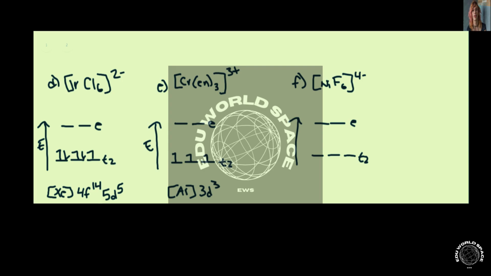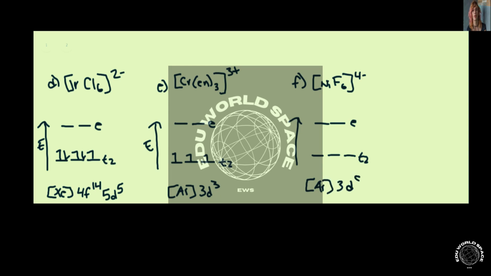For part F, we are just given this complex, where we know that the nickel is going to have to be a +2, because F is -1. There are 6 of them for a -6 charge. The total charge is -4, so the nickel needs to be a +2. This is going to be Ar for our electron configuration,